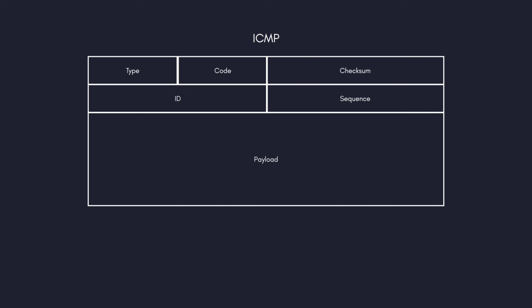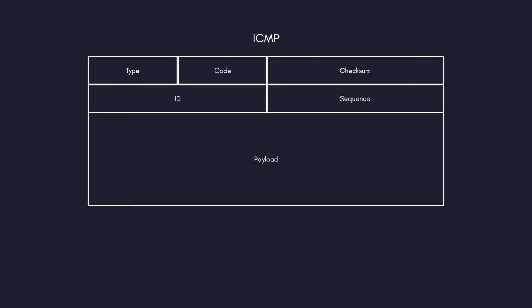So the header for this one looks a lot simpler. First off, it has a type. The type is 8 when we're making a request and 0 when we're responding. Then we have the code. This is the ICMP subtypes because there's different types of ICMP packets which have different meanings, but I have hard-coded this to be 0 because I only want ICMP for ping. And I don't really want to send out pings, I just want to receive them and respond to them. Then we have a